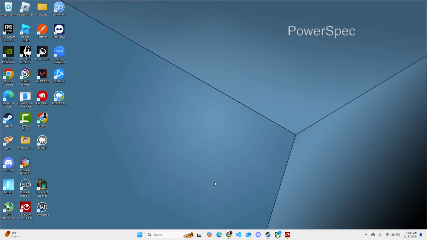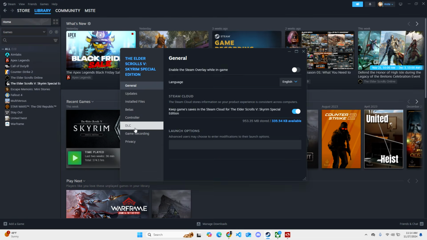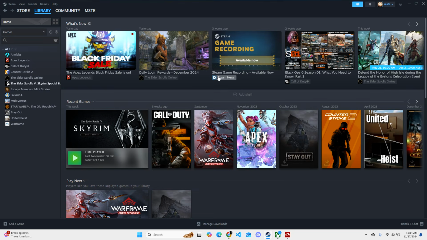The second method you guys can do is if you have it installed through Steam. If you have Stalker 2 installed through Steam, go ahead and open up Steam. Go over to Library, look for Stalker 2. Once you find it, right click on it, hit Properties, and then go over to Installed Files. From here, you want to go ahead and do verify this game's files are installed correctly and hit Verify Integrity of Game Files. Once that's done, that will basically just remove any corrupt or missing files, and that should fix